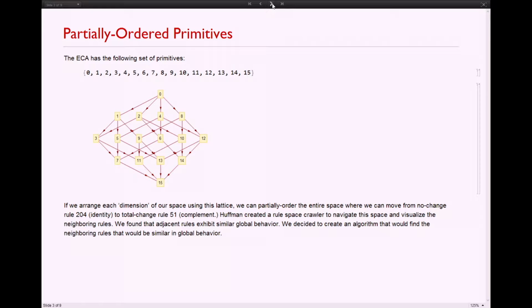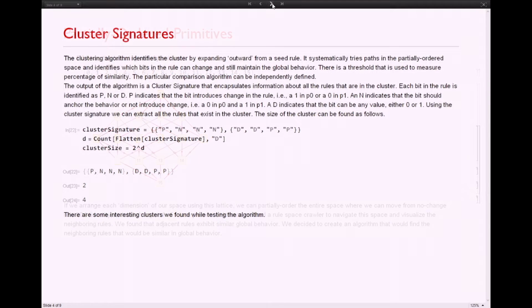So that's when he got involved in this, and I asked him to create a crawler into the space, and it was flat. And we were able then to go into one rule and see all the neighbors. And we started to see all these neighbors that were similar to each other. And later on, I decided, okay, instead of just looking at those, let's automatically take one rule and find the clusters around it. And that's the work that he did for his master's. He just finished recently.